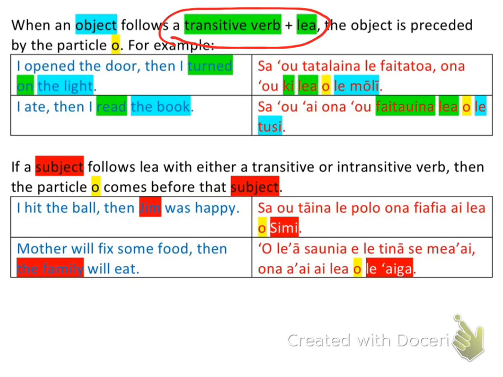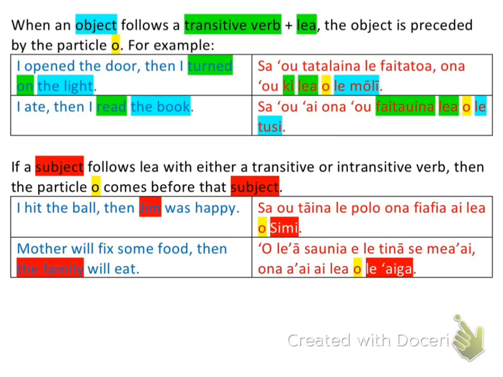So, the batter hit the ball. So hit is a verb. It's also a transitive verb because it's transferring its action and the object is receiving the action of being hit. Okay? There's also, like, I walked in the park. That would be intransitive because walk is a verb, but there's nothing really receiving the action of that verb. There's no object. There's a subject, the person doing the walking, but they're not receiving the action. They're the ones performing the action. Okay? So any verb that is transferring its action to an object, the object is preceded by the particle